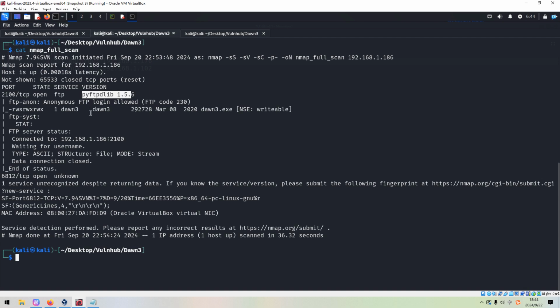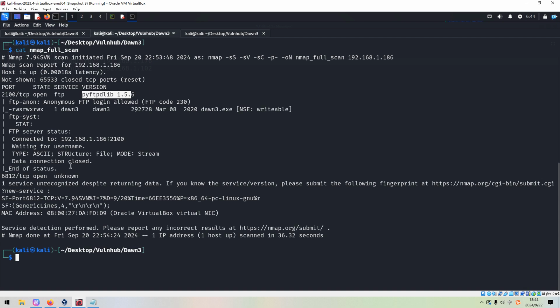By its default script scanning, we can tell that the target allows anonymous login. Afterwards, we need to check it out manually. The second one is 6812, and Nmap cannot get the service information. Okay, so maybe this is a custom built service or application.